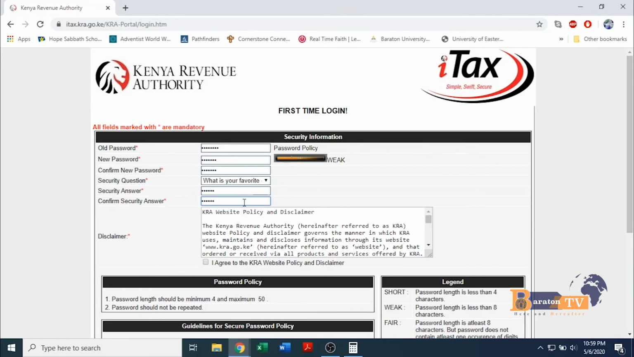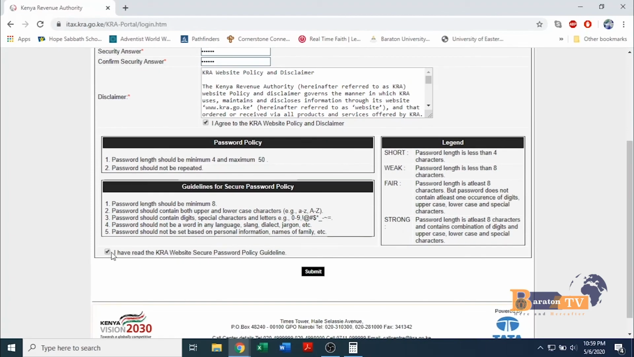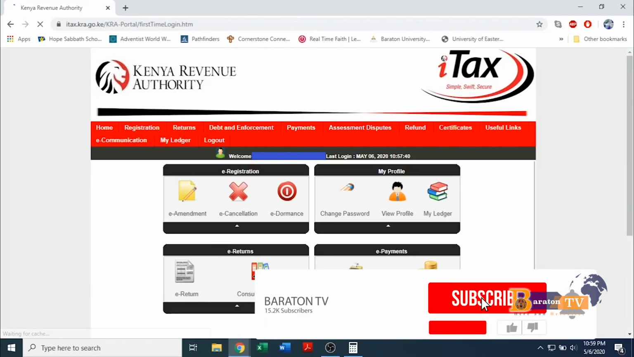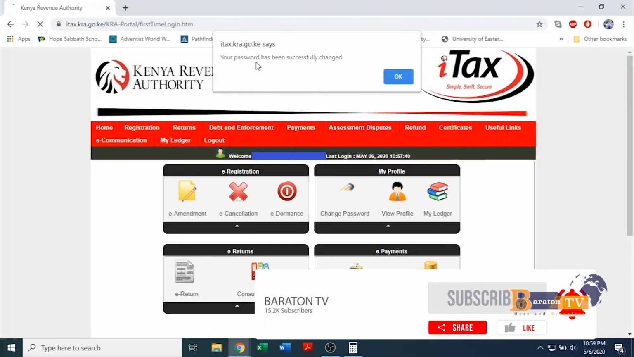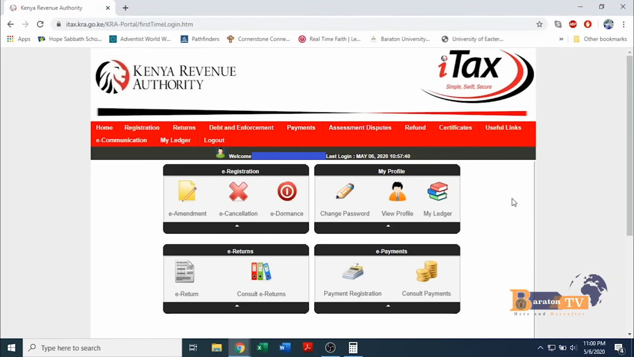Yeah, sure, that's it. Go ahead and say that you agree to the KRA website policy and disclaimer. Again, you need to click and say that you have read the KRA website secure password policy guideline, which are all here, and you submit this form, and there we go. We are logged in now. It says that your password has been successfully changed. Yes, we acknowledge that we have changed the password, and therefore now, dear friends, we want to file nil return,